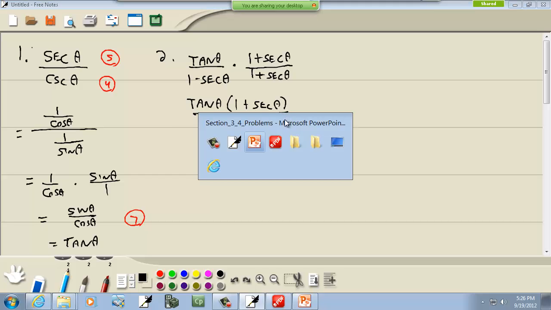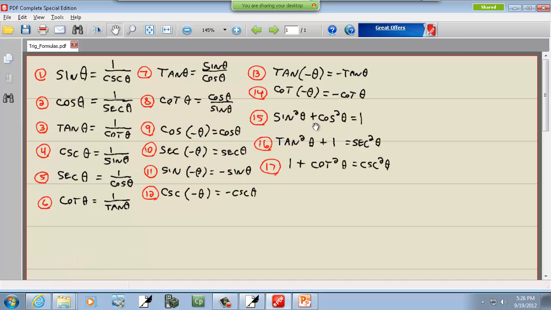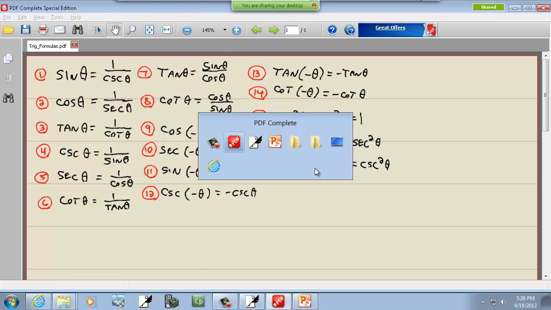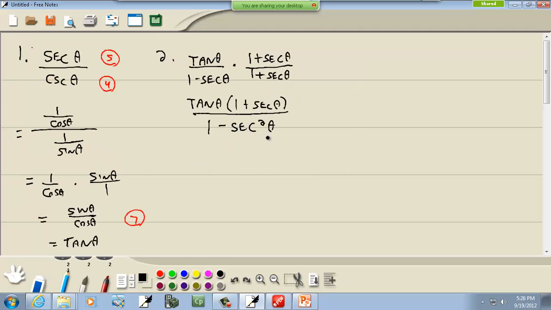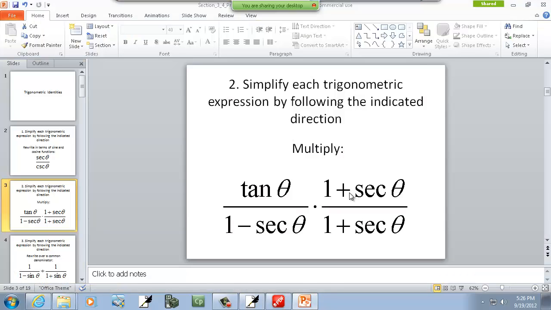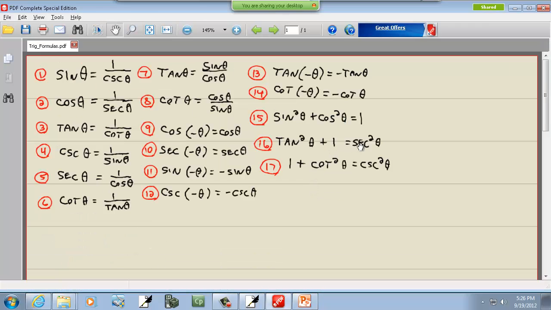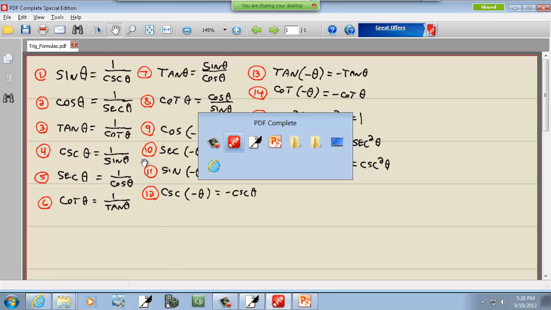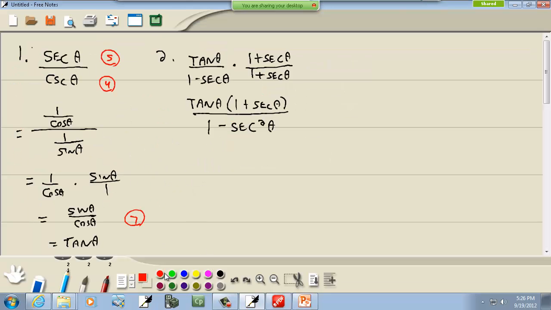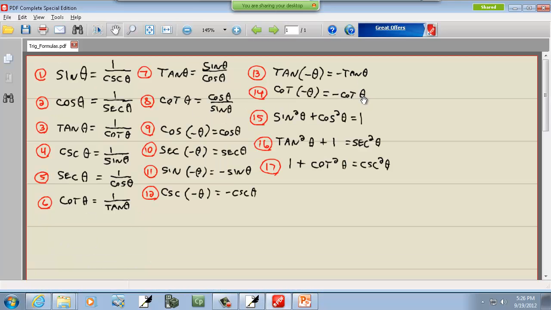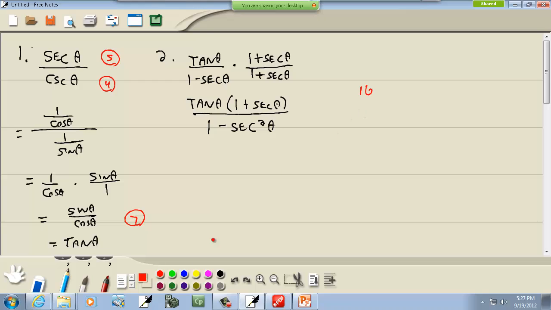Anytime you have a 1 in one of your trig functions squared, you look at these last three. And we're looking for 1 minus secant squared. Oops. Let's try that again. 1 minus secant squared, which I don't have directly, but I do have number 16. It says tangent squared plus 1. Let me get over there. What number did I say? 16? 16. Which is tangent squared plus 1